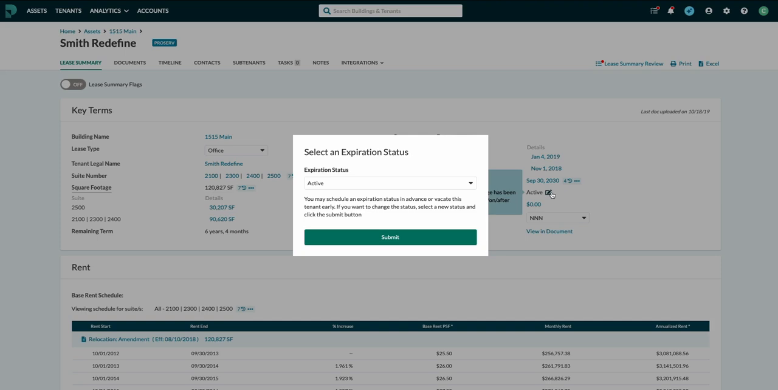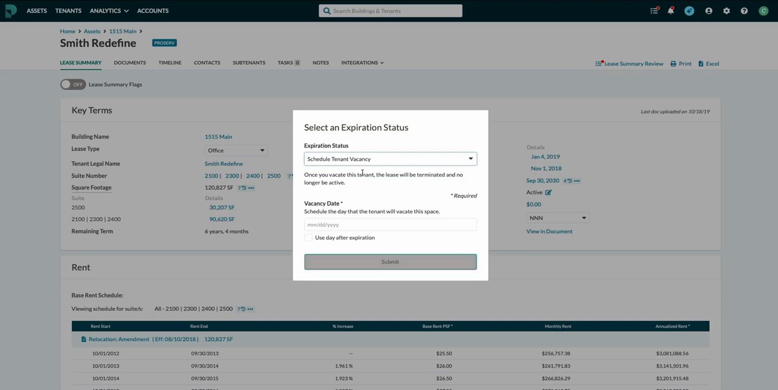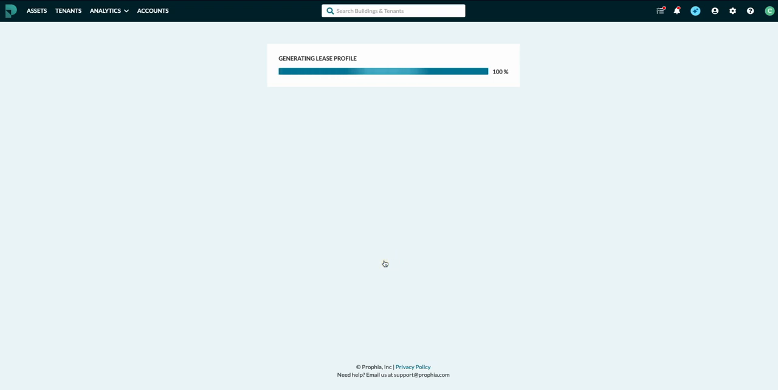This lease is currently listed as active, but with this example, we know that they won't be renewing after expiration. So we'll click on the drop-down and choose Schedule Tenant Vacancy. You can assign a vacancy date, or you can just use the date after expiration, which is the easiest option in this case. After clicking Submit,